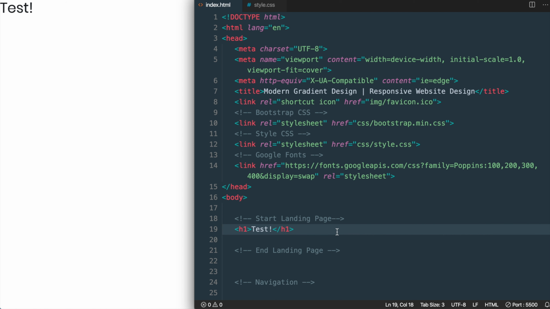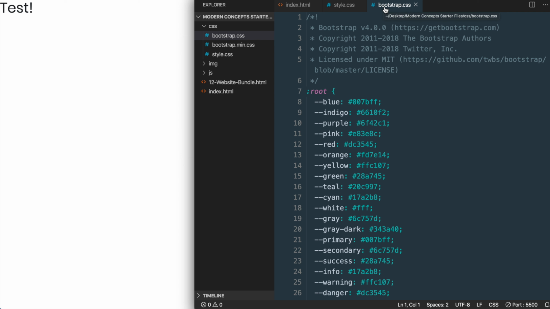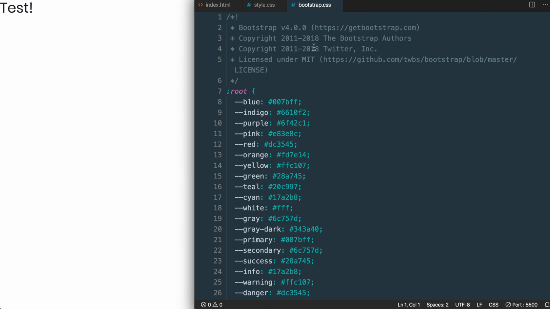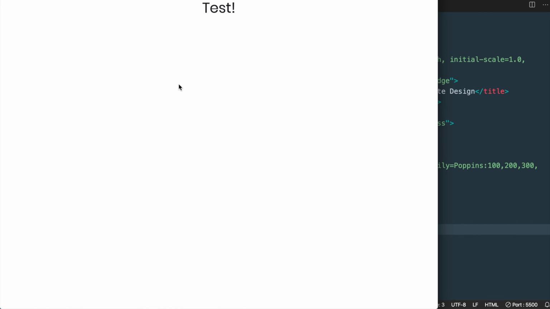Then the last thing that we'll cover here before we get started with going over the tutorial starter files will be a brief introduction to Bootstrap in case anyone watching isn't familiar with it. So Bootstrap is the CSS framework that we're going to be using, as well as JavaScript features such as the dropdown menu to lay out our website. So with Bootstrap, we can add HTML classes to our code that already have style added to them. So if we just add text-center here and save it, you'll see that the text is now going to be